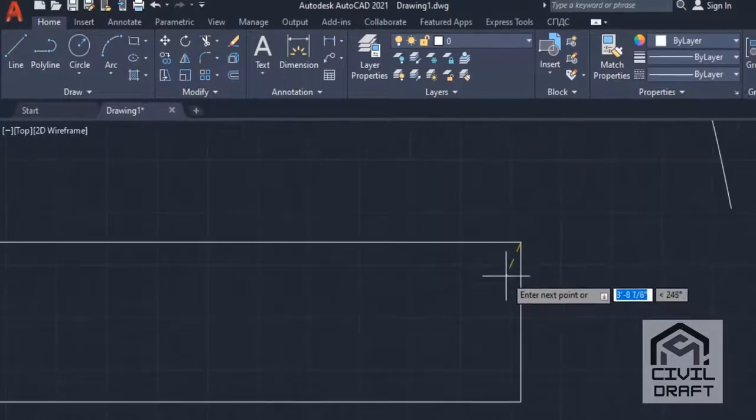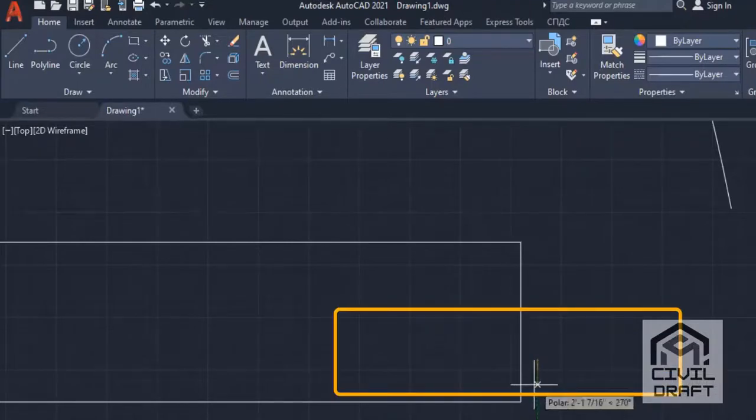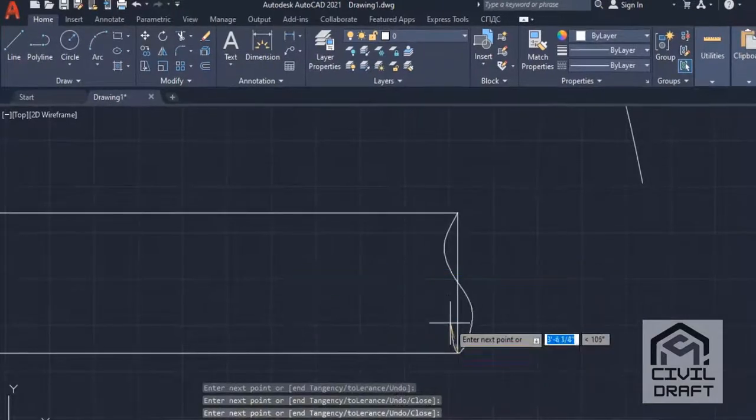Specify a point somewhere like this. Specify a point at the midpoint of this line. Again specify a point here, here, and specify one point here. That should be more or less on the same axis as this point. Like I'll click here and then click here, enter.